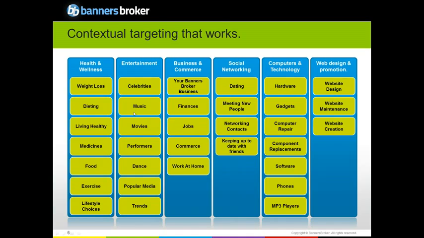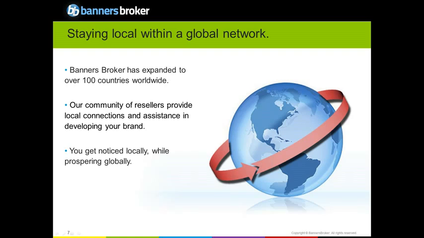Once you've selected a target, now you can select where in the world. Banners Broker has customers in over 100 countries. I believe it's 106 countries right now. And we have over 200,000 partner publisher sites. So if I want a campaign in London, England, I can pick London, England. Let's say I also want a campaign in Kolkata, India, and one in Toronto, Ontario. I can pick those 3 cities and run a campaign. Or I can pick Ontario, Texas, and England. Or I can pick global or specific countries.